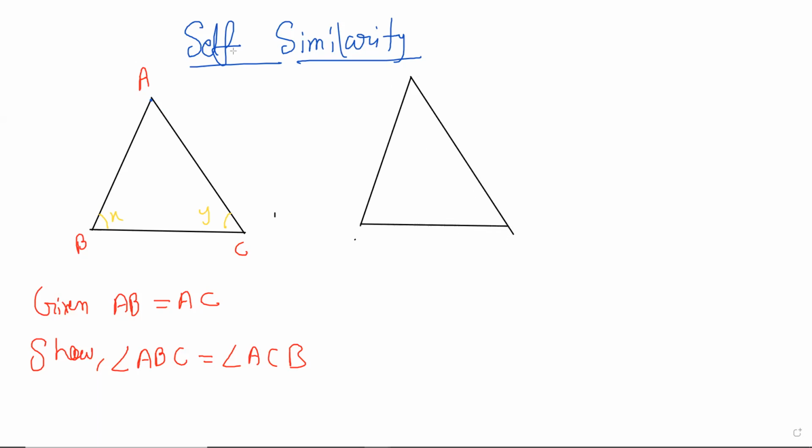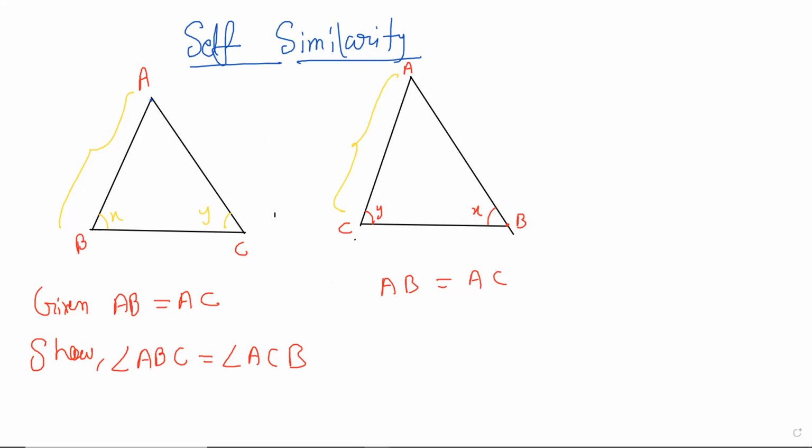But for the time being, we have this A. What am I going to do? I'm going to flip it around like this. Let's see. Now we can say this is Y and this is X. I'm not assuming they are equal, because that's what I want to prove. I should be very clear that I'm not assuming it. Now AB is equal to AC. Is that right? This AB is equal to AC. Right.